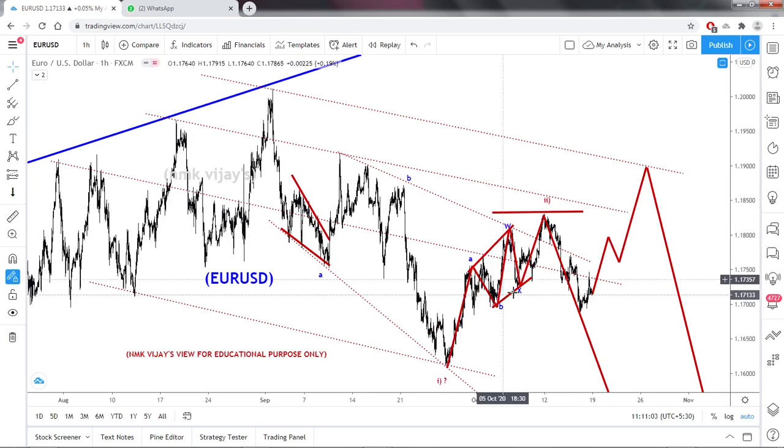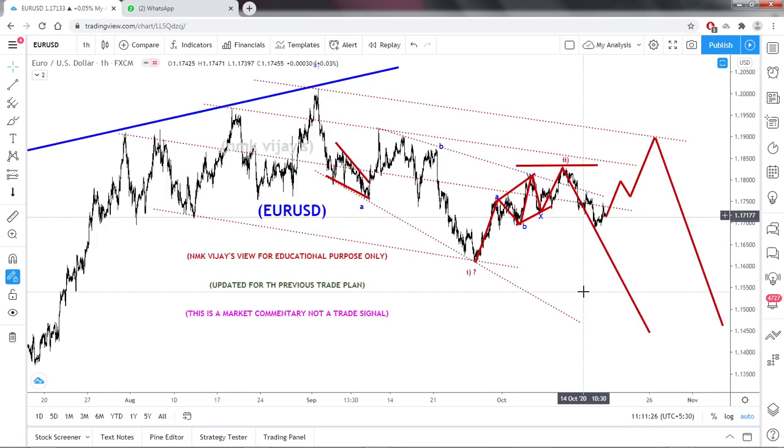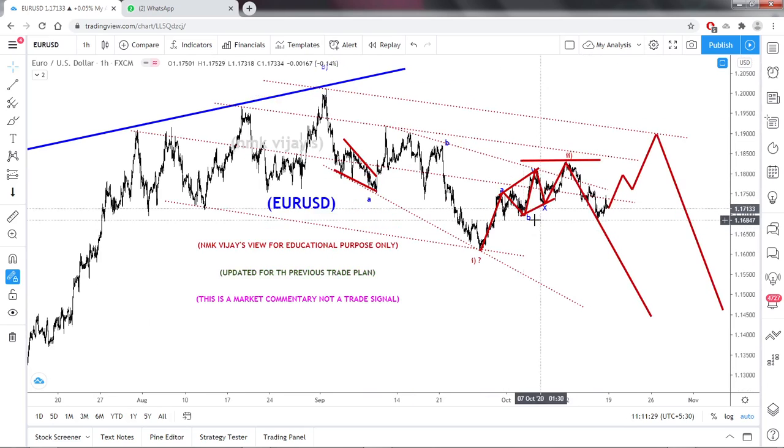So like that, this is one simple correction. This is getting ready to go deep. But if any fundamental news boosts it, there is a lot of chance to make one more high to break this high. Don't enter here in sell, sorry, buy, and don't enter here in sell. So right now this is my view. It has a chance to break this low, and there is a lot of chance to make this high also.